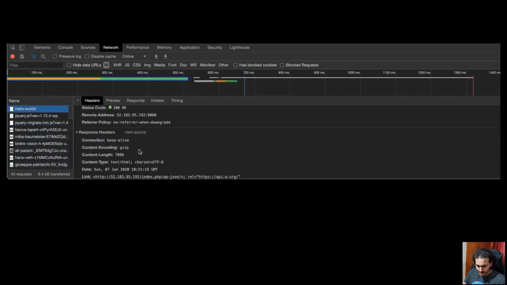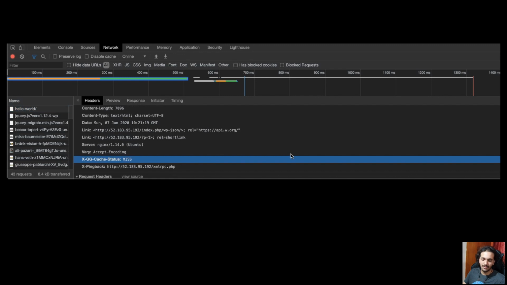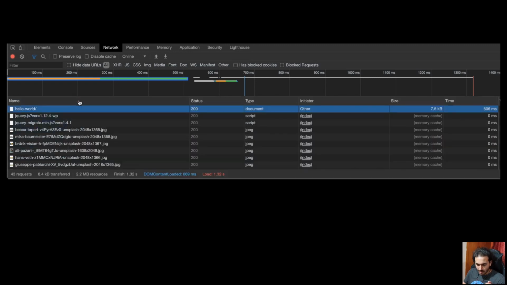Okay, if you notice here, let us go check the parameter. Yes, here we go. This is a clear cache miss. This means that we actually hit the Nginx server, and it did not have it in the cache, so it went and queried the Apache server, requested the resource, gave it back to us, and also made a copy in its cache. Now if I see here, the page load time is again 1 minute, 1 second and 32 milliseconds, which is huge, right?